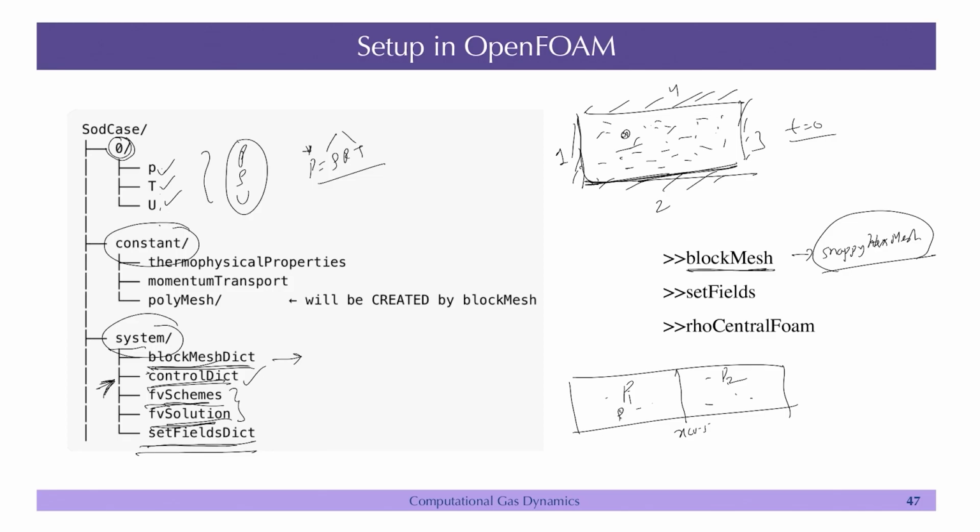Okay, similarly, rho 1 and rho 2. Right. So, that you can set in setFieldsDict that, okay, if it is less than this, you use this value, otherwise use this value. Okay. So, it is not, I mean, this file is not necessary for all simulations, but some simulations where you